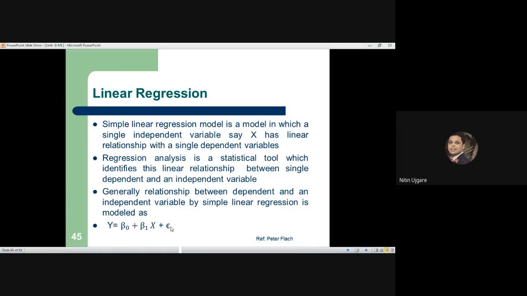So what does this epsilon indicate? Epsilon indicates there should be some random component while we are building the linear regression model. It is not possible that the model that we are building does not have any error, any noise, or any kind of misclassification. Remember, in reality, we cannot get 100% accuracy for a machine learning model, or any algorithm that is built for statistical analysis.